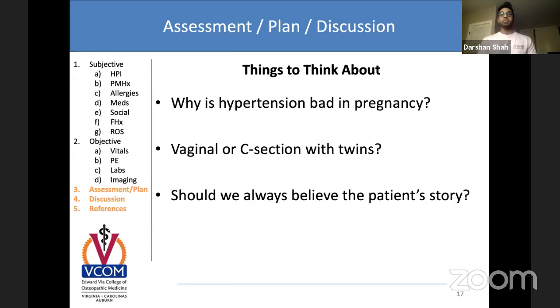And should we always believe the patient's story? The reason I wrote this, if I go back to why I wrote that 2 months ago, the patient was telling us that she was never diagnosed with hypertension. You can take that at face value at first, but it's always important to do a chart search and make sure, hey, did this patient have hypertension before she was pregnant or not? And we found out that she did. So that gave us reason to be a little safer, because we were like, okay, she already had hypertension. This is not something new. So she was not diagnosed with gestational. She was diagnosed with chronic. So that's the other reason I put that.